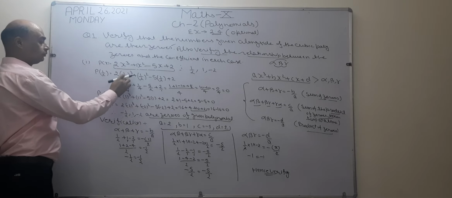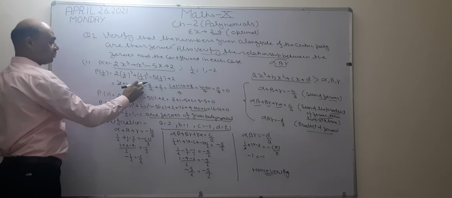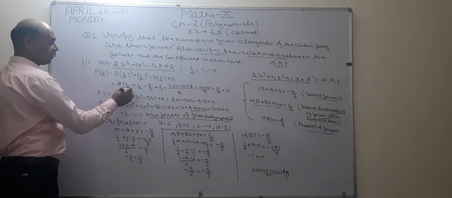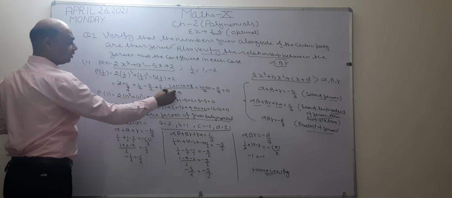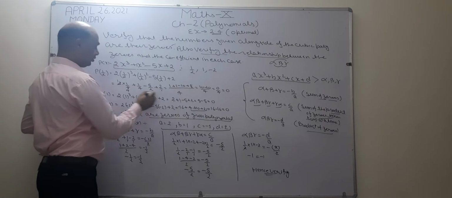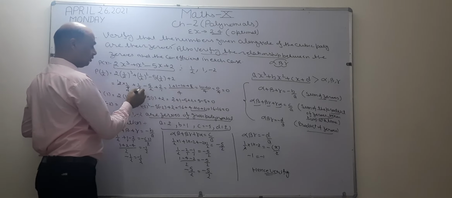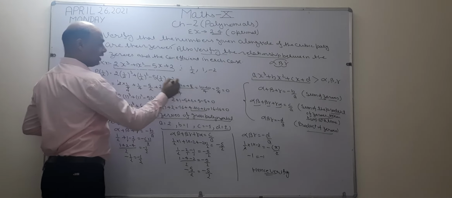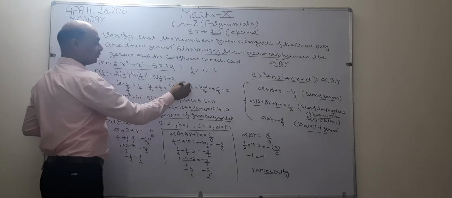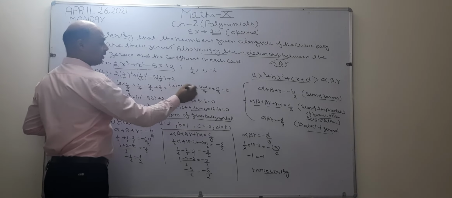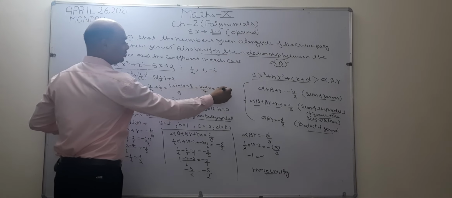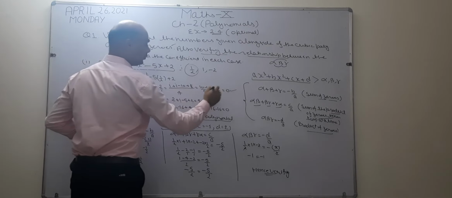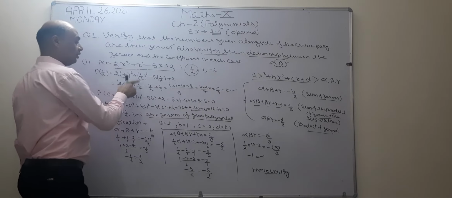Now, 1 cube is 1, 2 cube is 8, 1 square is 1, 2 square is 4, 5 ones are 5, 2 ones are 2, 2 fours are 8. What is the LCM? 4, 4, 2, 1: the LCM is 4. Now 4 is cancelled with 4, 1 is left. Similarly 4 is cancelled with 4, 1 is left. 2 2s are 4, 2 5s are 10, and 4 2s are 8. Now this positive and this positive: 8 plus 1 is 9, 9 plus 1 is 10, minus 10, 10 minus 10 is 0, 0 plus 0 is 0. Now see, after substituting the value 1 by 2 in this polynomial, the answer becomes 0. It means 1 by 2 is a zero of the given polynomial.